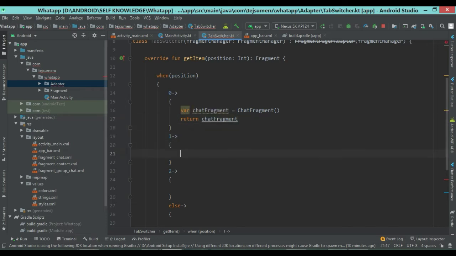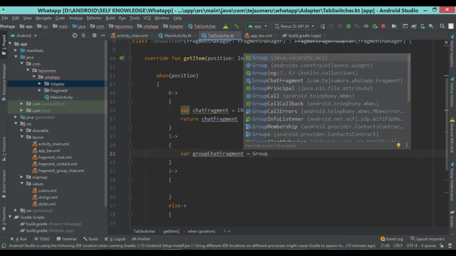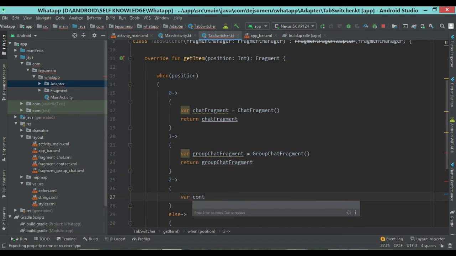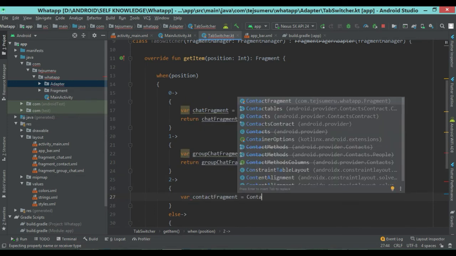Same we are creating for group chat. GroupChatFragment equals GroupChatFragment, return groupChatFragment. Here we are using the contact fragment object.